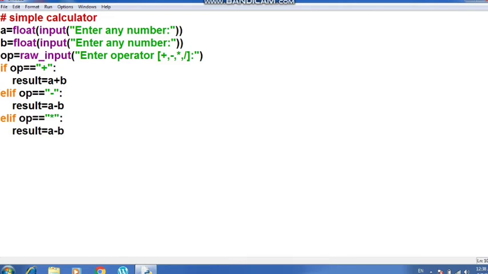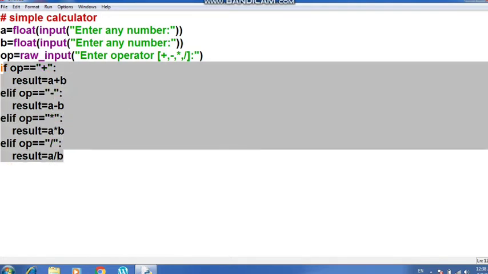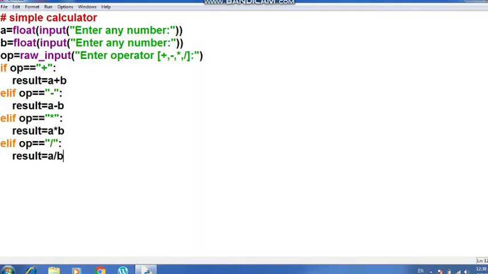Let's copy it. Elif operator must equal to, I'm going to change the sign here, multiplication. So you can use here the multiplication sign, and then once more I will write here that division operator, I'll do it divide. So what now, as I have written many conditions over here, we already, as we know that if